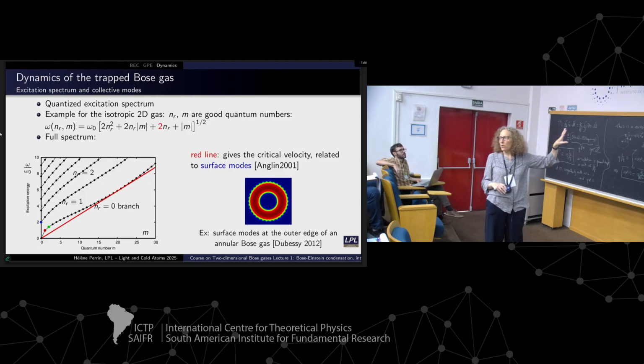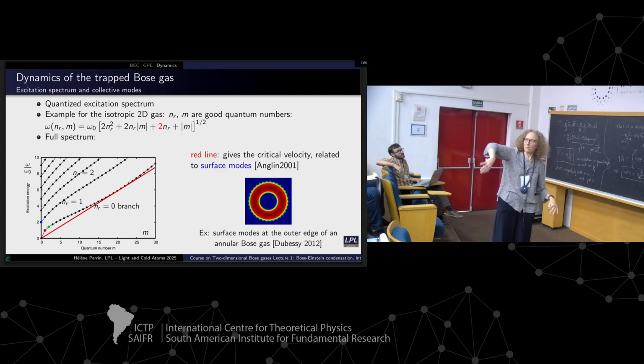And this is the spectrum for a 2D gas in a trap. So the good quantum numbers are the radial excitation quantum number, n_r, and the angular quantum number, which is little m. And so the spectrum is given by that. So there are several branches. Each time you increase n, you have lots of m possible. So this is the spectrum you find for different values of the quantum number m and for different branches with different n_r. So the red line here corresponds to what is called surface modes,